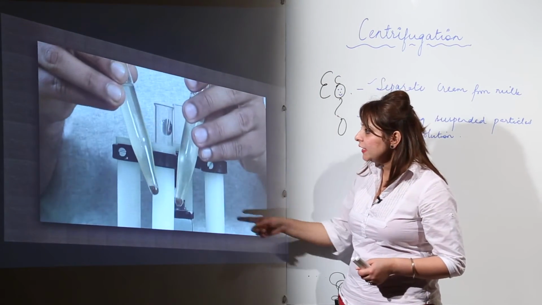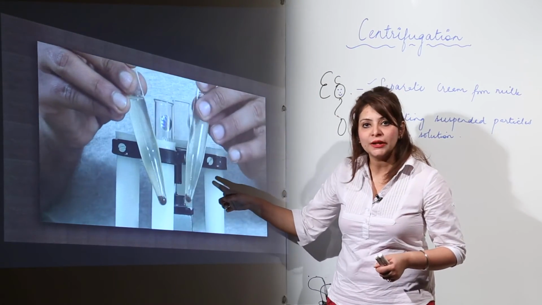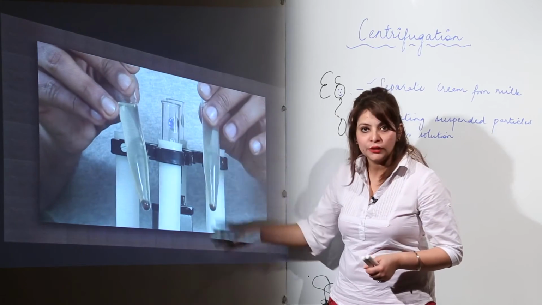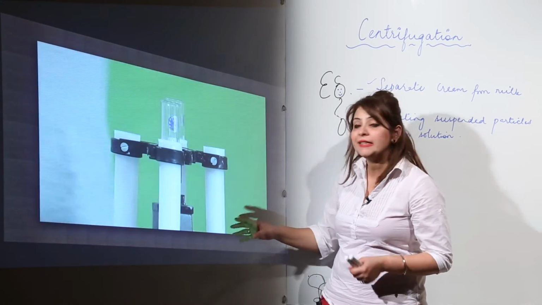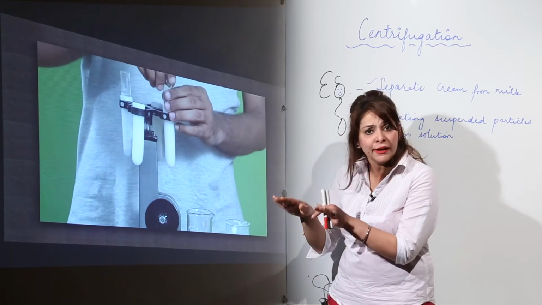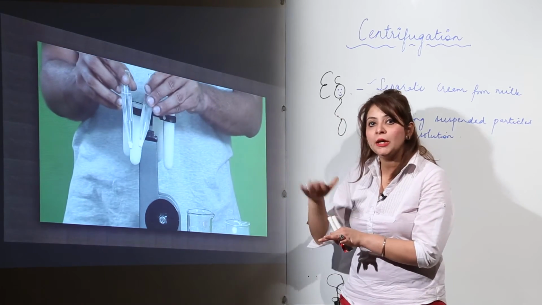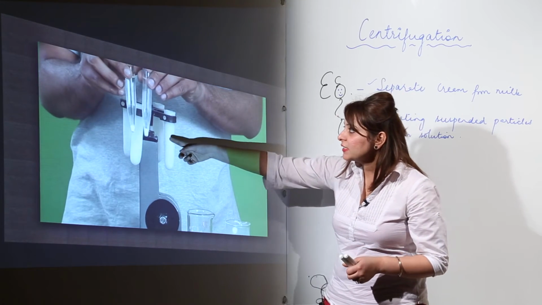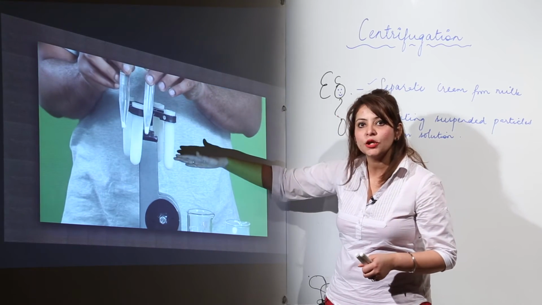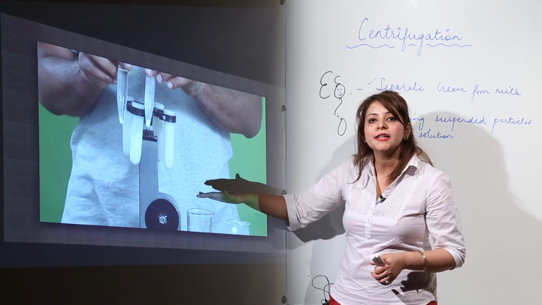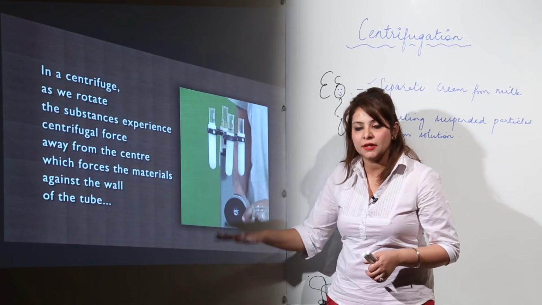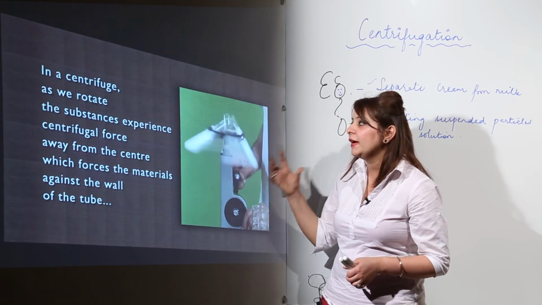As you can see, this is the mixture of muddy water which we took earlier. Earlier the complete mixture appeared brown, but now we can see that the brown particles have settled at the bottom. That means the suspended particles settled down depending upon their densities. Likewise, this got separated, the white one also settles. The particles which have the higher density get separated, they settle at the bottom, and we are left with this.